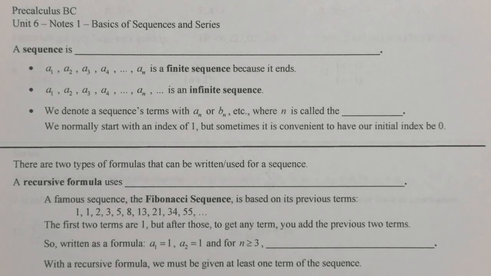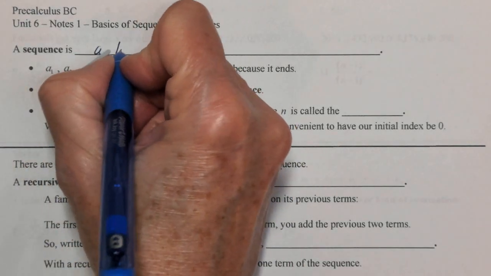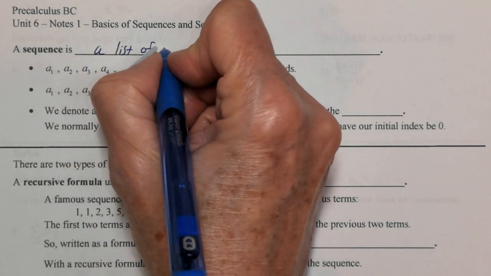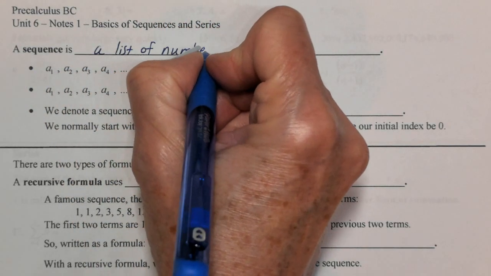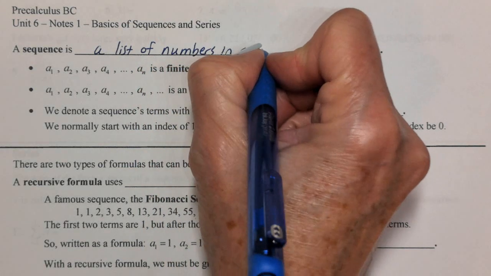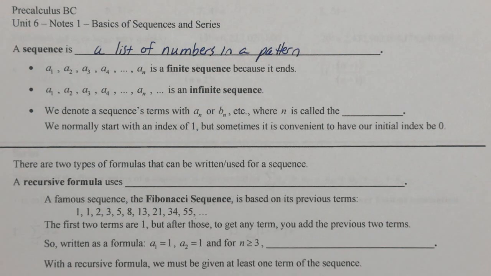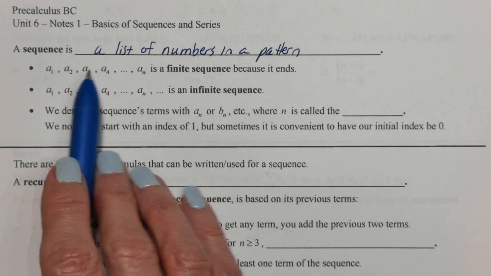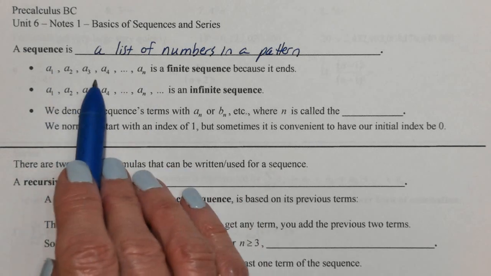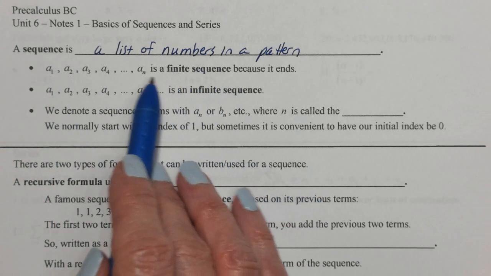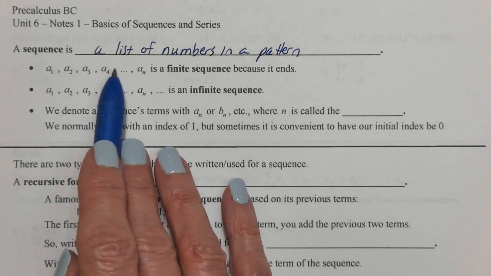Today we are beginning our unit on sequences and series, and today we're talking about just the basics of sequences and series. So first of all, a sequence is very simply a list of numbers in some pattern. That's all it is, a list of numbers in a pattern. They are separated by commas. A sequence is a list of numbers separated by commas in some pattern that allows us to know what the